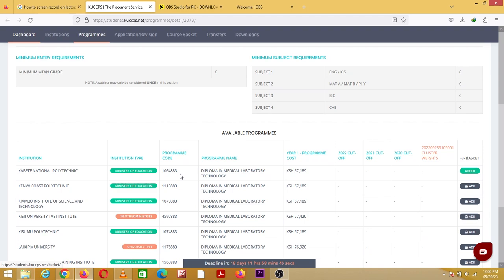The other way would be, if you do not want to use the basket, every time you come across a course that you fancy, you would have to note down the program code. But it is much easier if you add them to the basket, because from there you will simply need to click on the course basket, this one here, and you'll be able to see all the courses that you selected. It will tell you which ones you qualify for, which ones you do not qualify. Actually, you have to go to the course basket and finish this thing